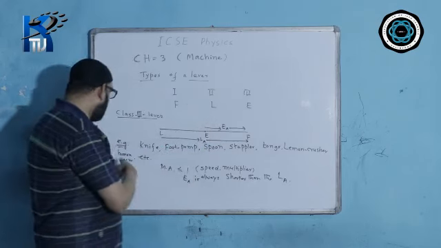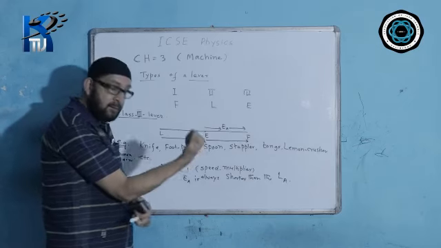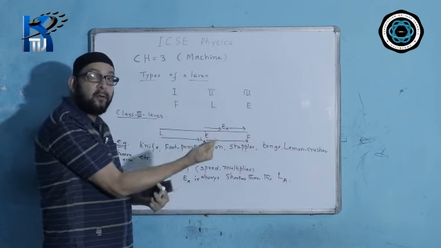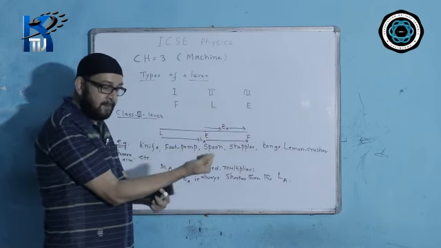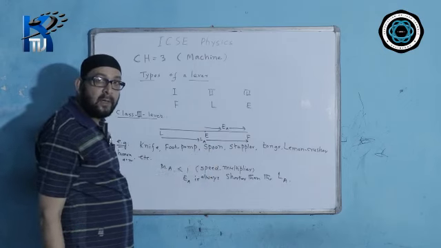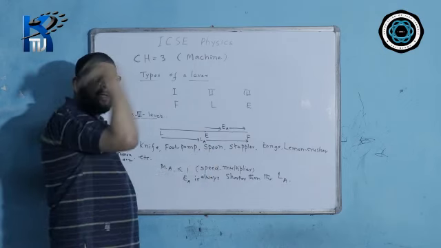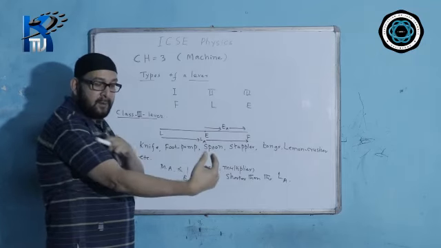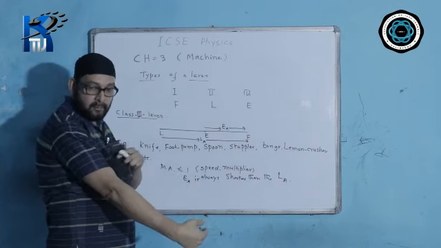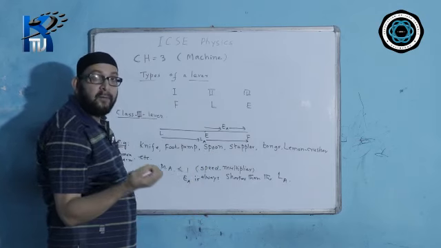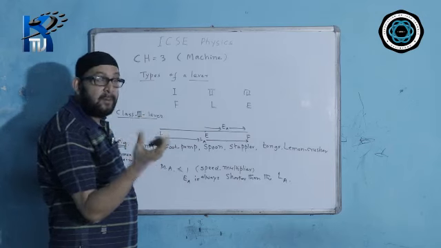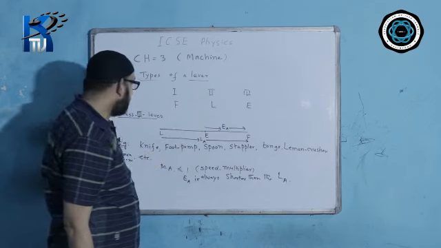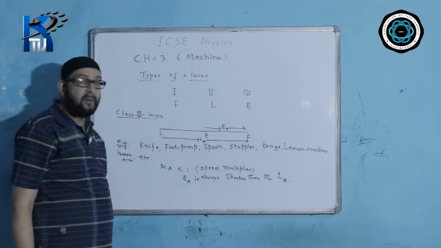An example of class 3 lever is our human arm, or even the folded hand. So here is the fulcrum, here is the effort, and the load we are holding in our hand over here like this. This is also an example of class 3 lever. At the time of bowling, this is the fulcrum, we give the effort from the biceps over here, and then we have the ball in our hand, or maybe a piece of stone which we are throwing as a load. So your effort lies in between. So we are gaining in speed. This is an example of class 3 lever.